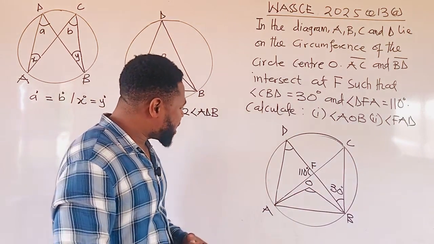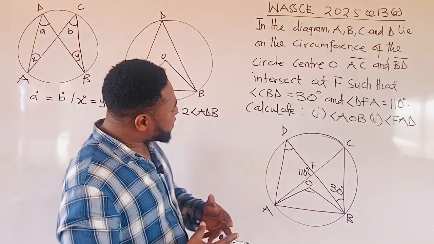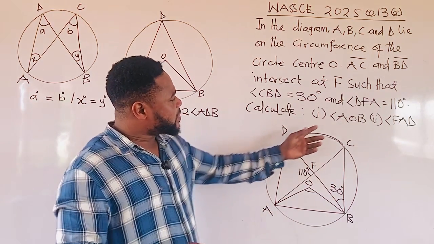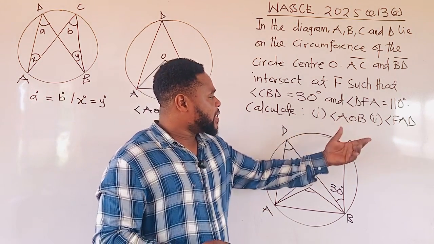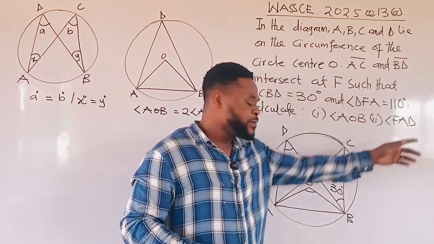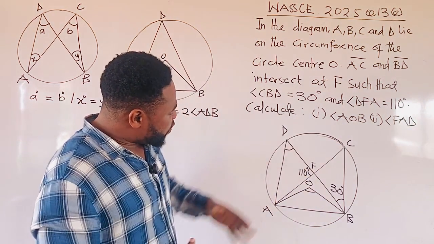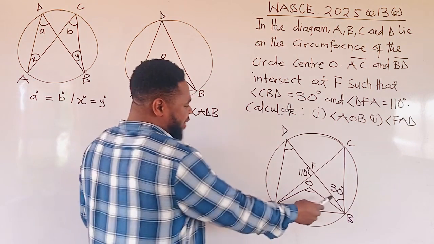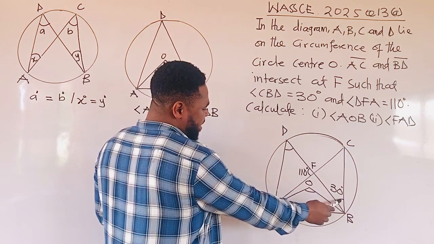Let's see how we can do it. First of all, we have been asked to find angle AOB and also find angle FAD. Now, if we look at what is on the board, we have been given the angle here to be 30,